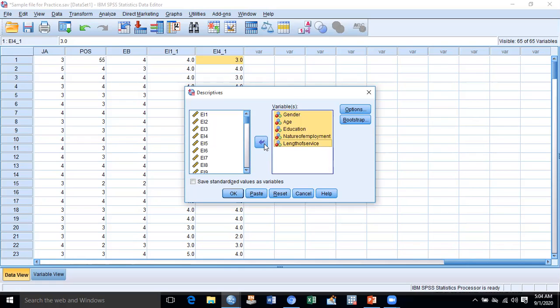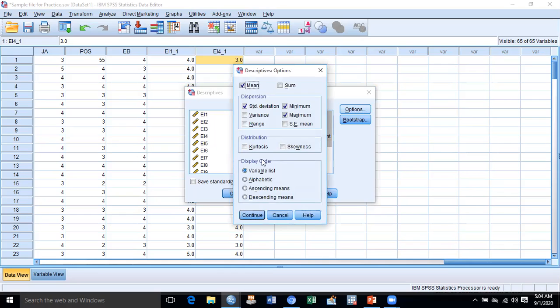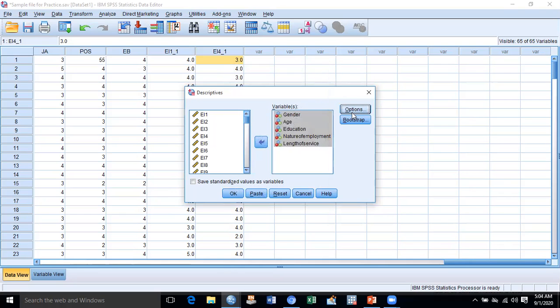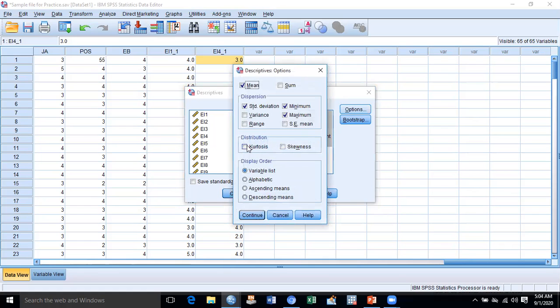After that, click on the option, and here you can see all types of results: standard deviation, mean, minimum, maximum, variance, kurtosis, and skewness.